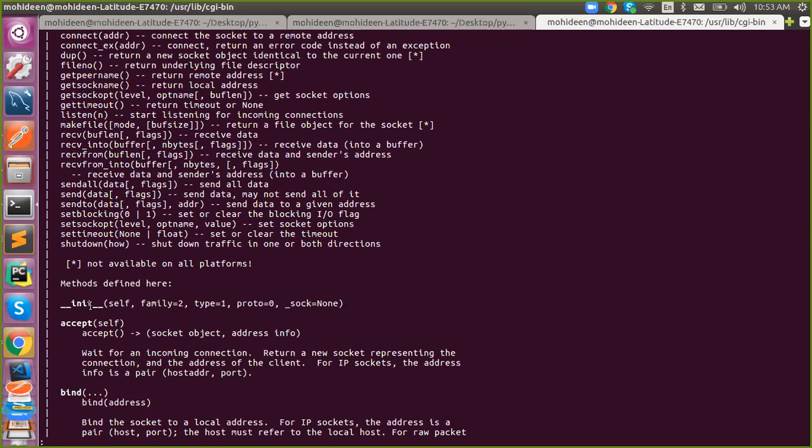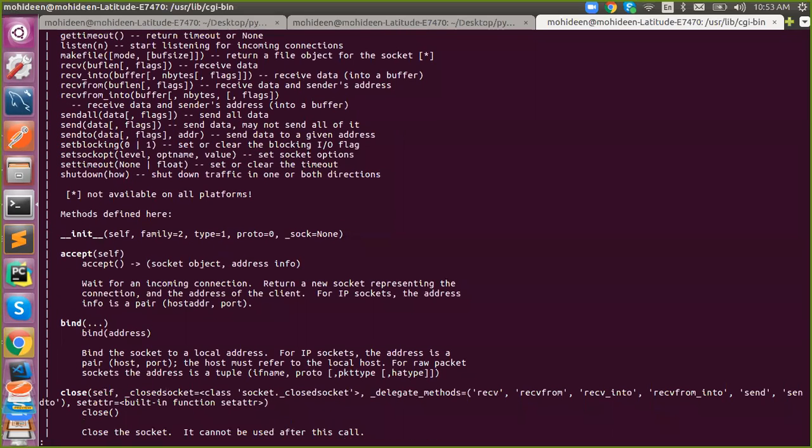So you have to go to the constructor. Here we don't have anything, and once you instantiate it, you need bind. In bind, you need to pass an address. The address should be a tuple containing the IP, port number, etc. Got it? They said it should be a pair of host and port, a tuple inside.